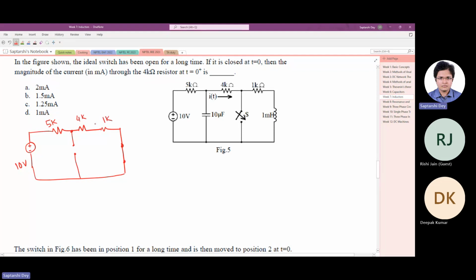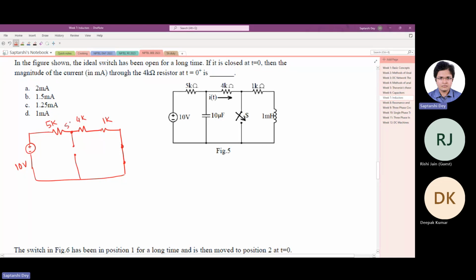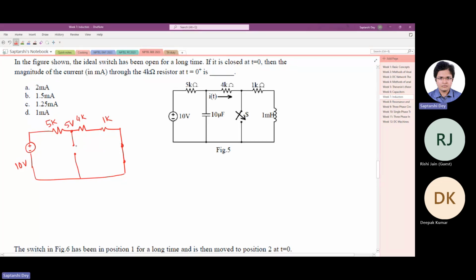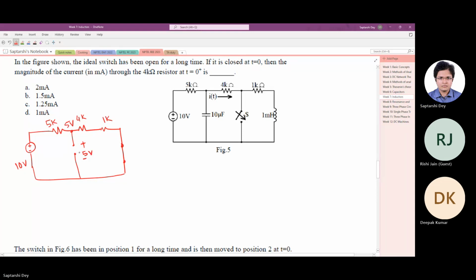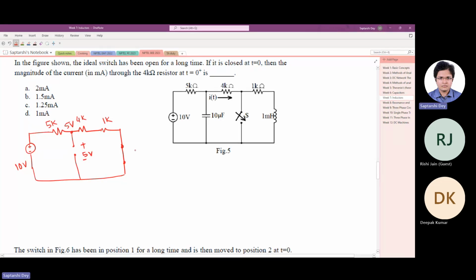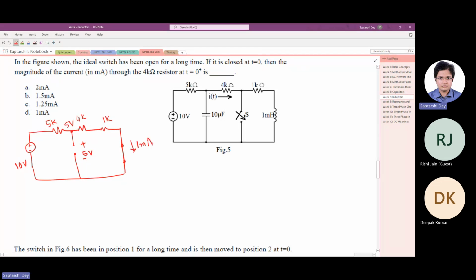So 1 unit of drop, 5. So this must be 5 volt. So the capacitor was holding 5 volt. And how much current? 10 volt by 10 kilo ohm. So 1 milliampere. 1 milliampere current was flowing in the inductor like this,